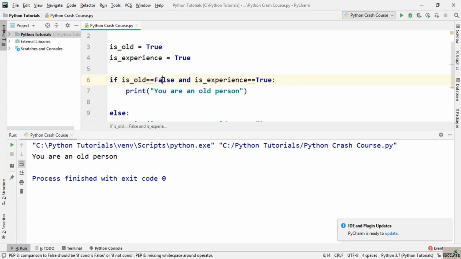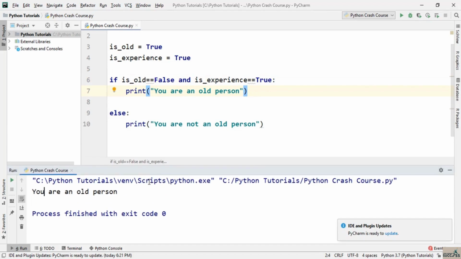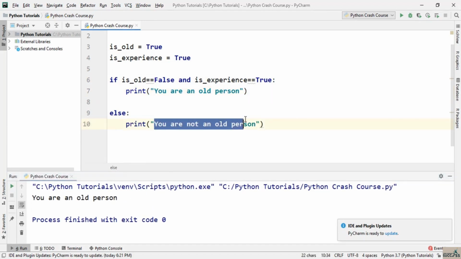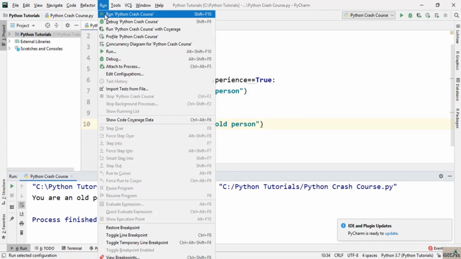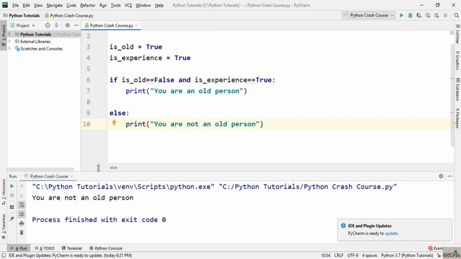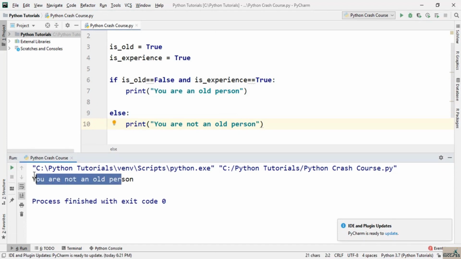So this condition will automatically be false, so it will not execute this line of code, because if any of these conditions is false while we are using the keyword AND, it will not execute whatever we have inside the if block. So it's going to come inside the else block and execute this portion of code. Let's execute this whole code to check it,